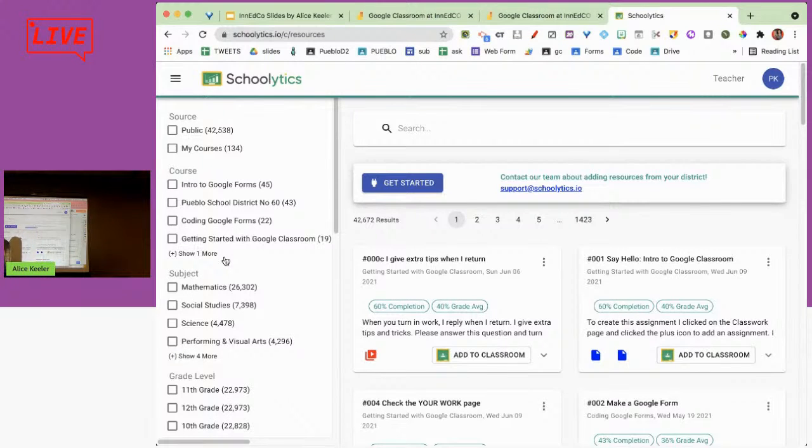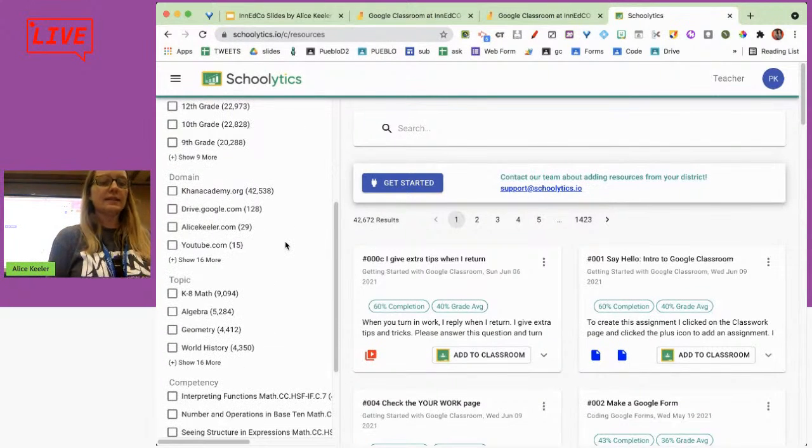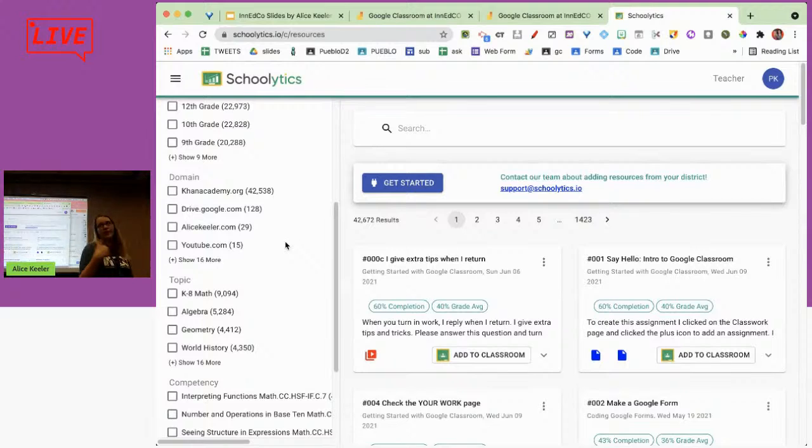It's filterable, so you can filter by your classes, by subjects, by grade level. And this is kind of cool: for example, my school bought Pear Deck. So it would show me how many of my assignments use Pear Deck, how many use Khan Academy. If I wanted to do a Pear Deck assignment, I can filter by all of my Pear Deck assignments and re-find ones that I did last year. If I'm at the admin level, I could see how many Pear Deck assignments there were, what the engagement was on them, and possibly, not yet, but share them out. Like, these were ones that were really good.